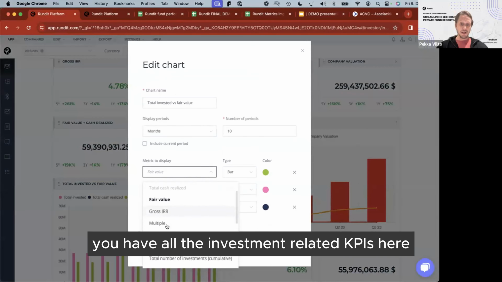So here you manage all your investments, if or when you do valuation updates, if the companies issue more shares and so on. Here you have all the transaction level data, and if any changes happen, for example, in the cap table. Okay, so how this works is that here you input all the equity investments, for example.